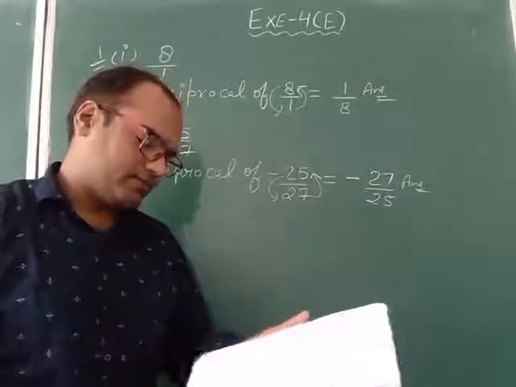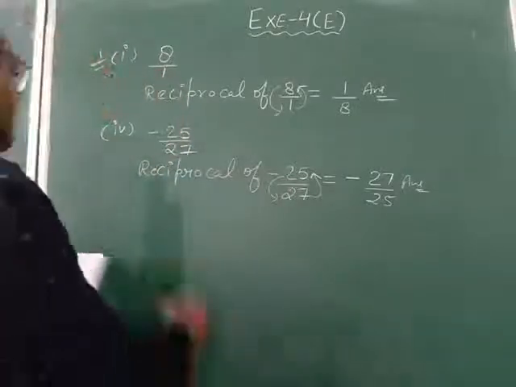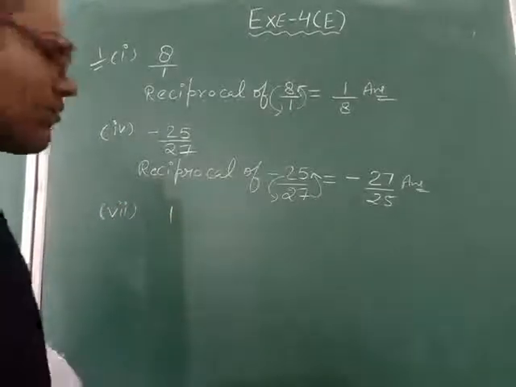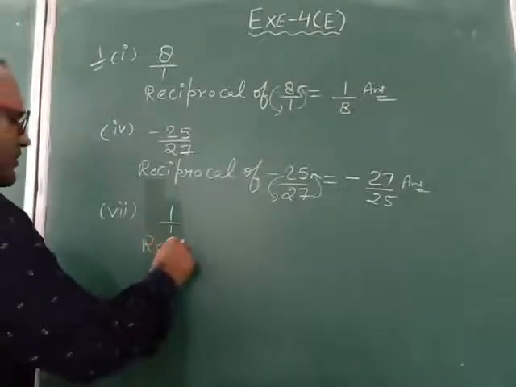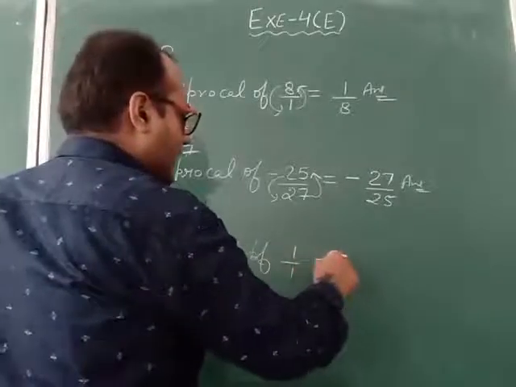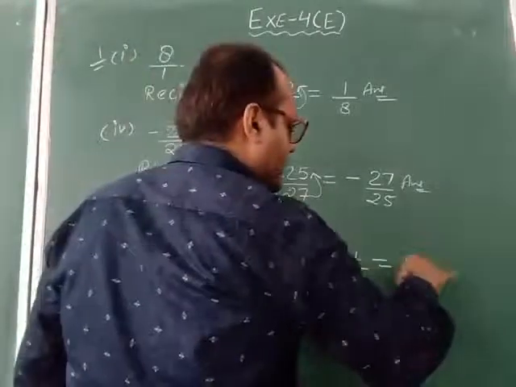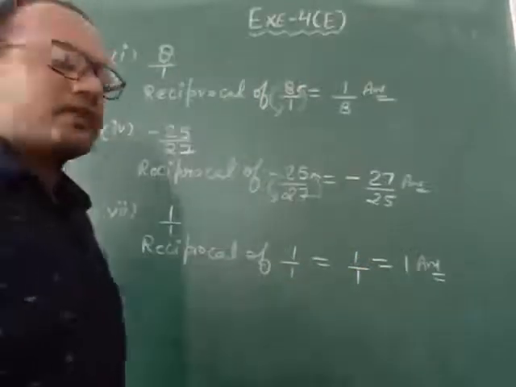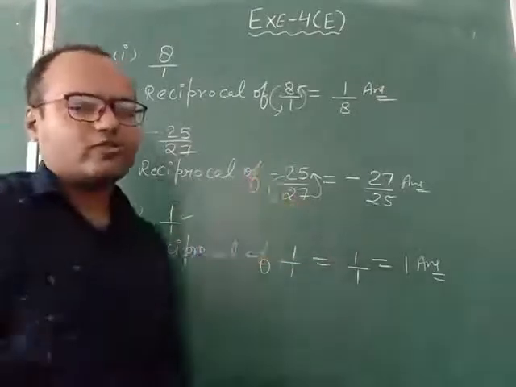Now see another part. Part number 7 also you see. Part number 7. 1 is given. And we have to write the reciprocal of 1. In the denominator nothing is given, so we will take in the denominator 1. So we will write here reciprocal of 1 upon 1 equal to, answer will remain same, or we can say our final answer is 1 only, because when we will divide 1 with the table of 1, answer will come 1. So answer will remain unchanged, answer will same only. So like this you have to do all the parts.